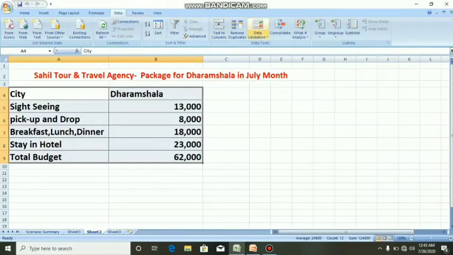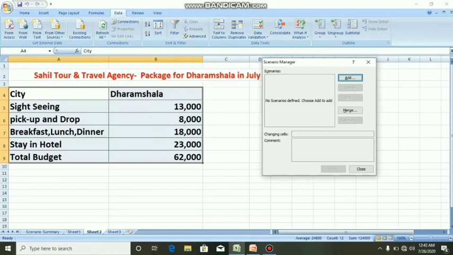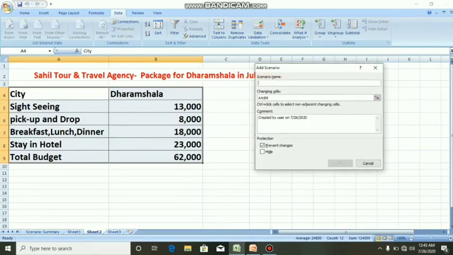Click on data tab, what if analysis, then scenario manager. We can delete, then click on add. Dharamshala in July. Select the data.